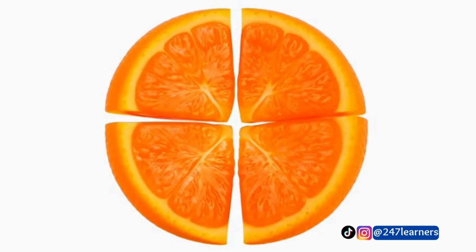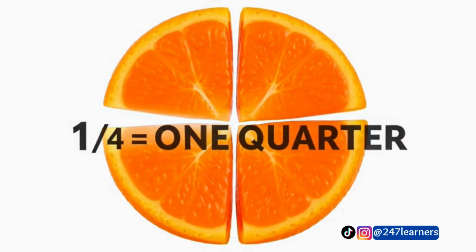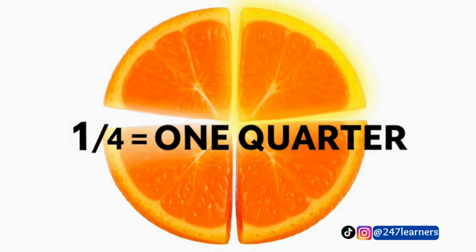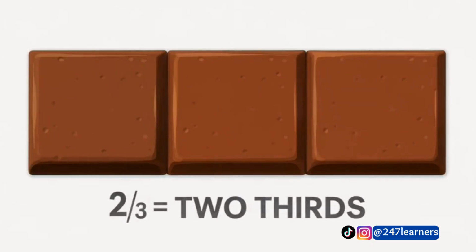If we divide an orange into 4 equal parts and take one part, if we take 2 out of 3 parts,